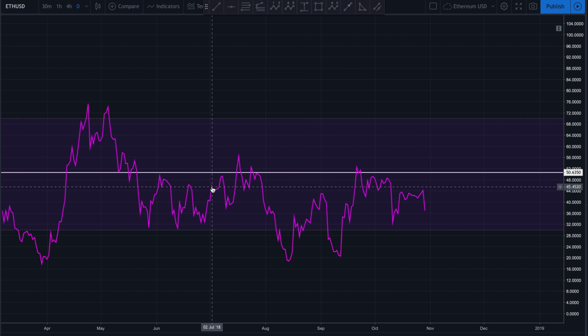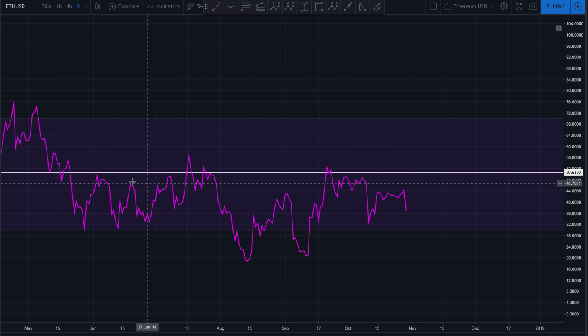Checking the RSI on Ethereum, this is again on the daily. We need to see the RSI decisively break above 50. We haven't broken above 50 decisively since May the 20th. Now we've broken above it briefly here, came back up, and then just immediately broke right back down. Broke it here briefly, came right back down. Broke it here briefly, came right back down. But we haven't had really any consolidation above 50 RSI since May the 16th.